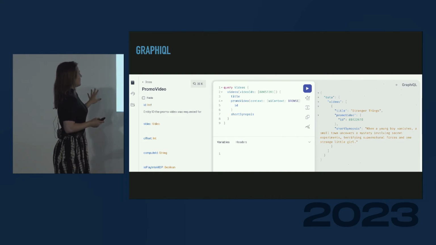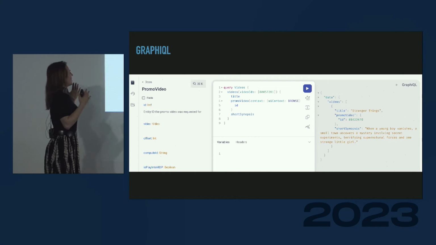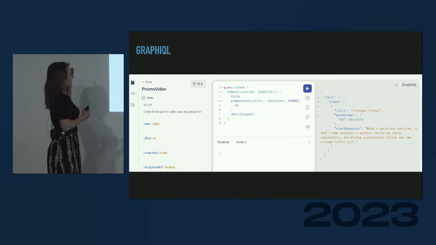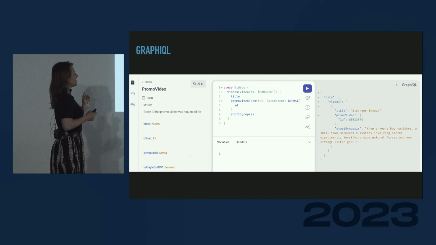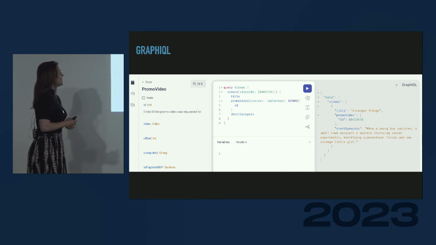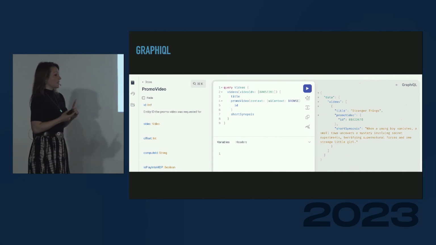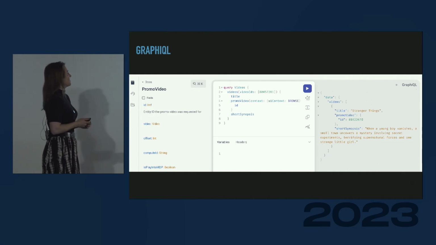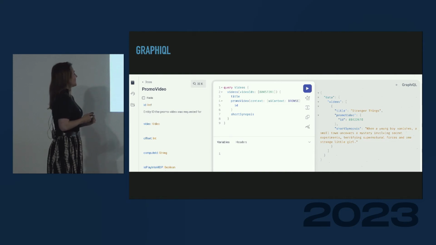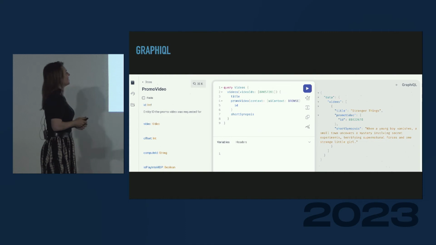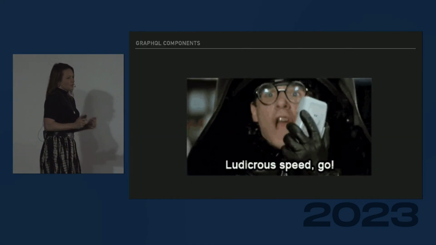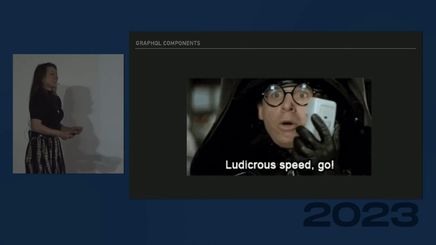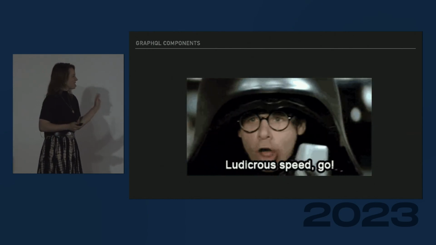On the left side, because we have a schema with all of the types, we can actually see our APIs, and we can go through it, and we can select different fields in there that could also show up in the query in the middle. We get validation, it gives us auto-completion, it gives us so many things that just speed up development quite a bit. And you can even trace your calls in there and see how fast they're actually executed, or how slow. So with that, ludicrous speed already. I don't need to map data, I only do one call, it's great.